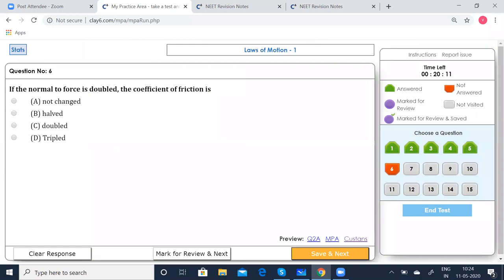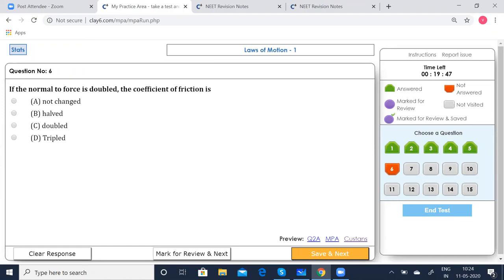If the normal force is doubled, the coefficient of friction, of course, I told you I'll do friction tomorrow in detail, but one or two problems are inevitable because we have given the test as a whole, but I have divided it into two parts so that I can give you a better explanation today and tomorrow. But anyways, I have given an intro of the friction. So using that, you can solve this. It's just an introductory problem.